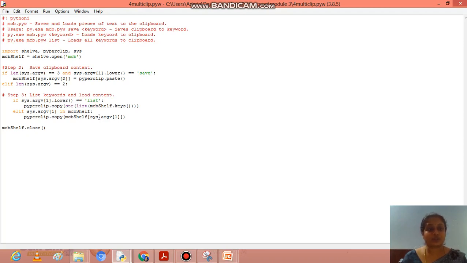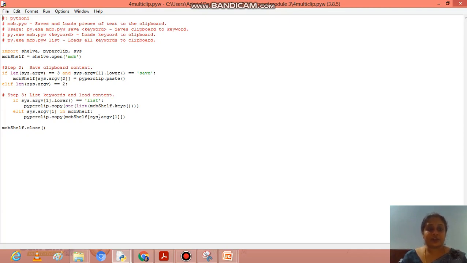if the length of sys.argv is equal to 2, then you have to go for one more if statement stating to list keywords and load the content. If you have the content properly, then you can paste the data. If the data is not enough as required by the program, then you go to the next step. If it is lower than 1, then list it.